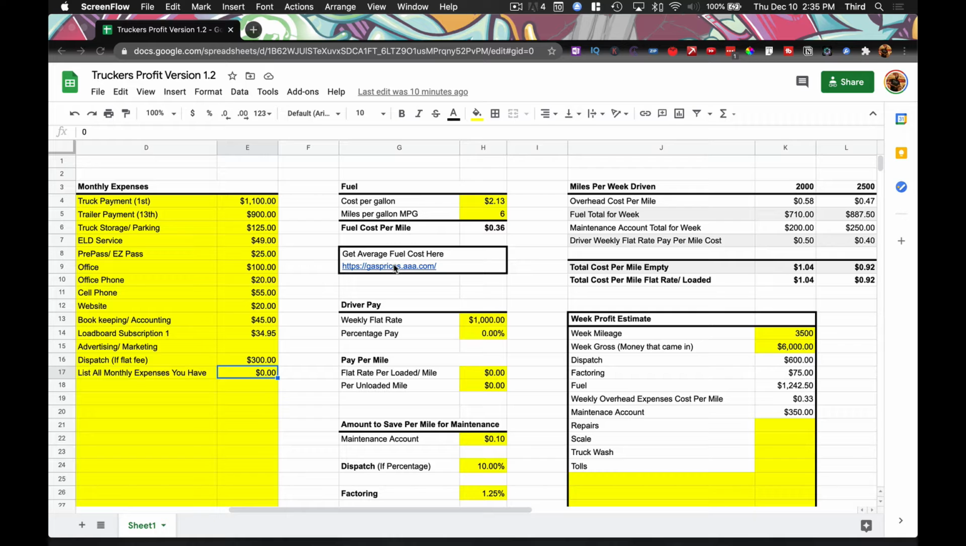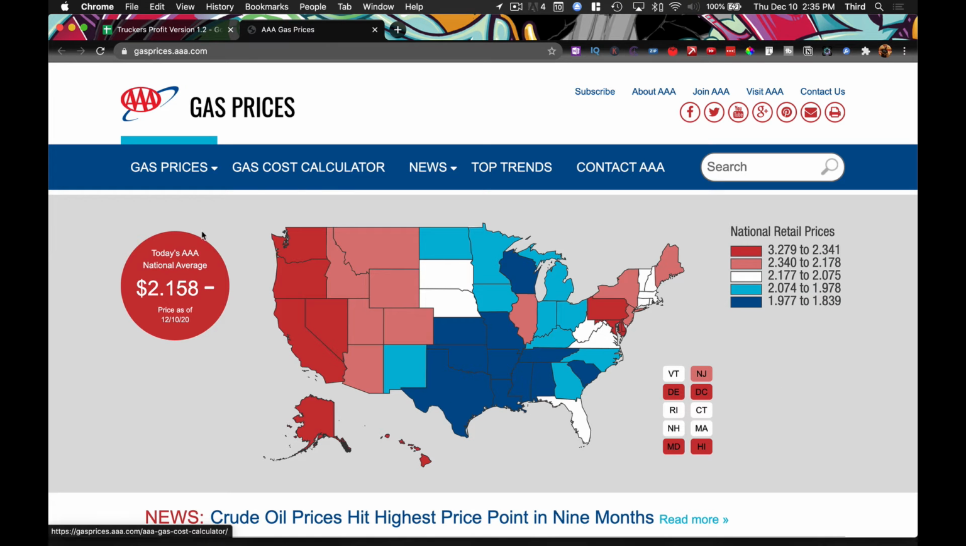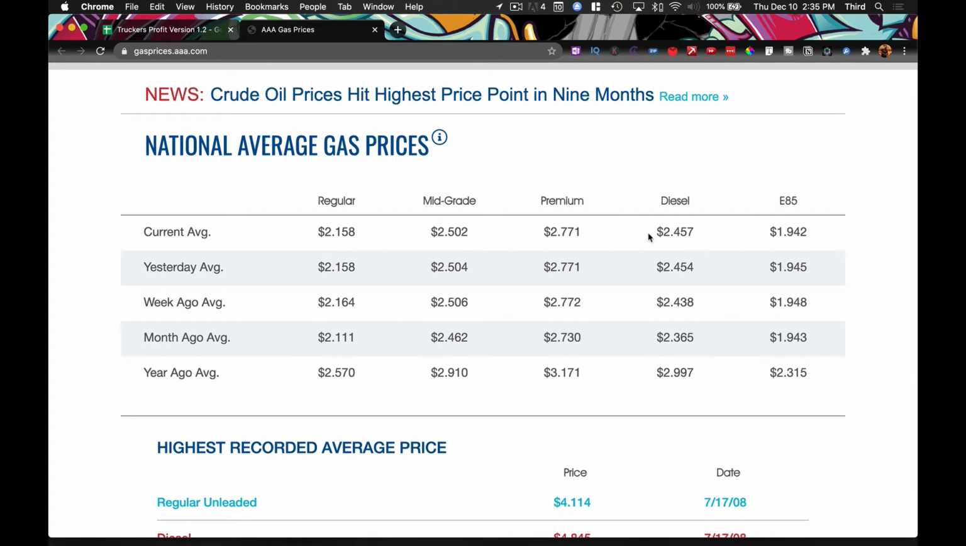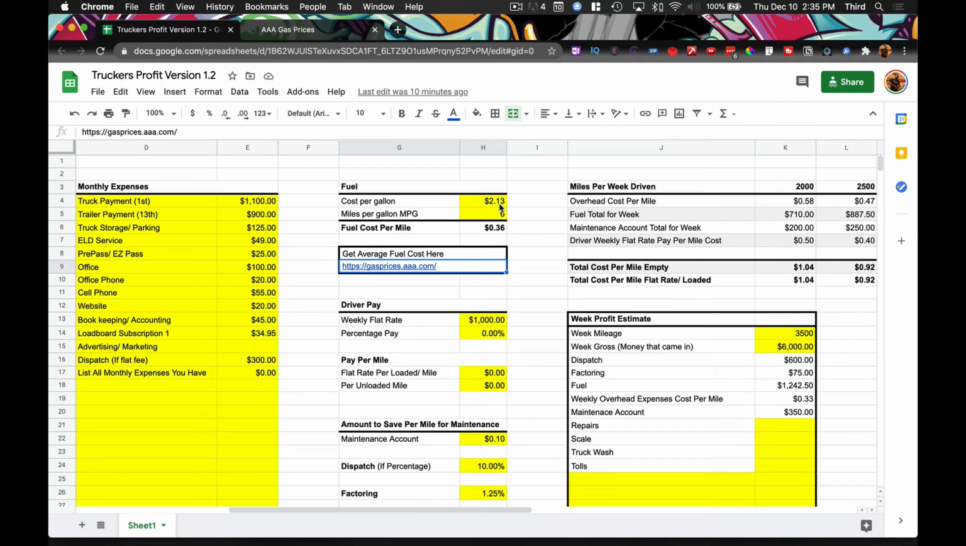I also included a link to where you can get an estimate of what the diesel prices are for the gas. So you just go ahead and go to the link. Hopefully this comes up quick. Here we go. So now if we scroll down and you have diesel prices, these are the current average diesel prices. So you see it's 245.7. So you go in here and you go ahead and put that in there,